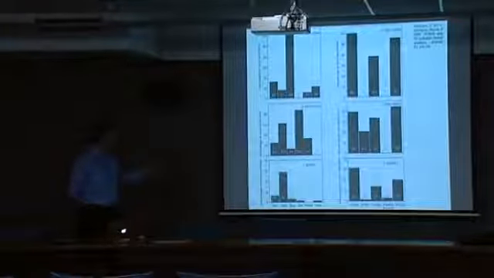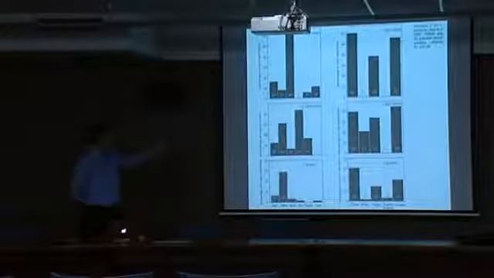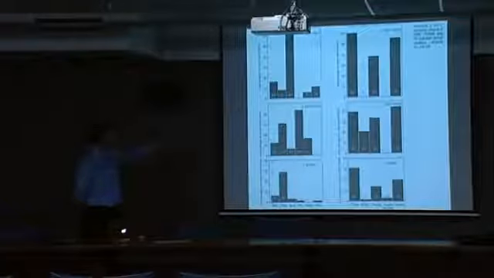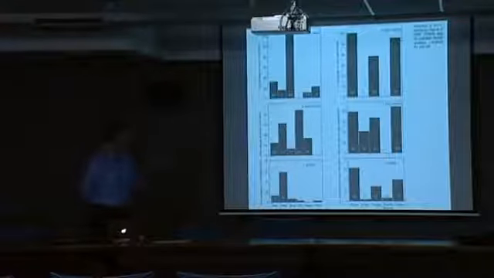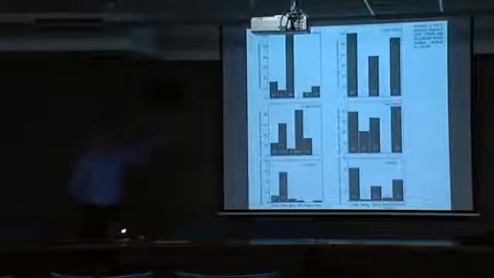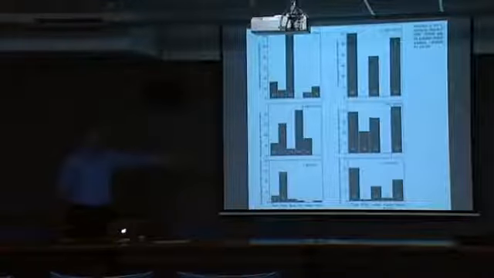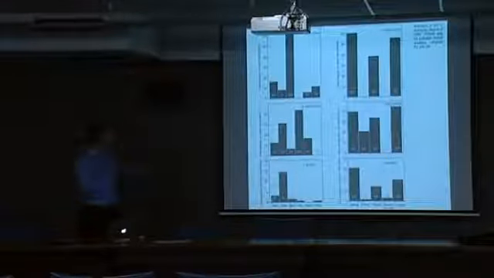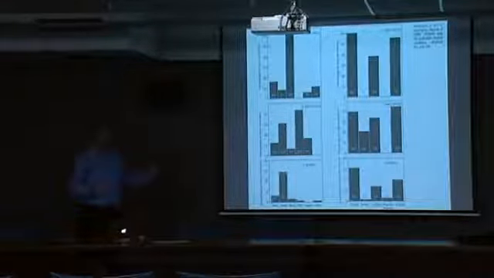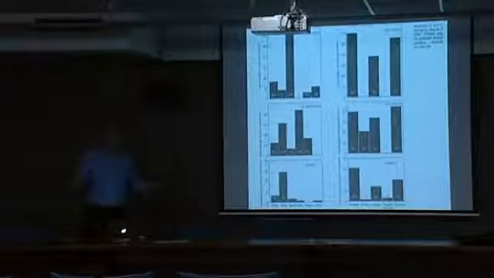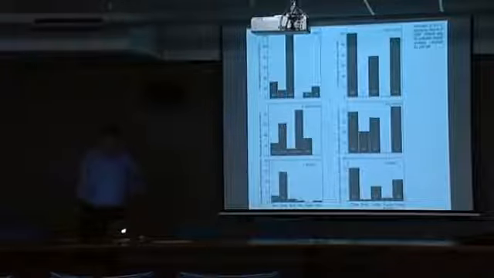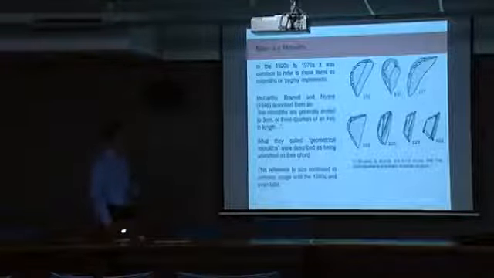The second thing you can see is that when they're used, and they're not all used, when they're used as tools, they can be used on bone or wood or skin or a whole variety of things, and they can be used in various ways. And these are 3 sites in the same valley. So the first thing is that characterising the Australian retouched forms of this kind, even though they seem standardised in terms of function, is quite problematic. There's no common association. They're used in a whole range of ways, and 10 kilometres away they're used for something completely different. So that hasn't proved to be very useful.